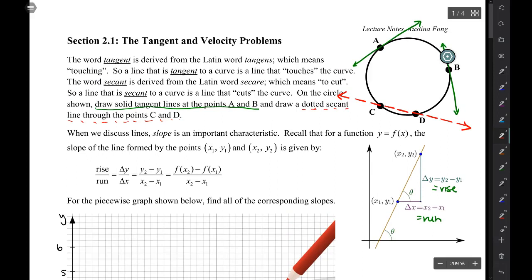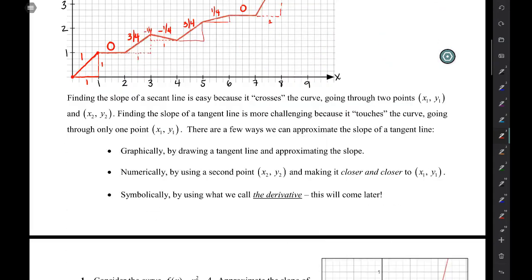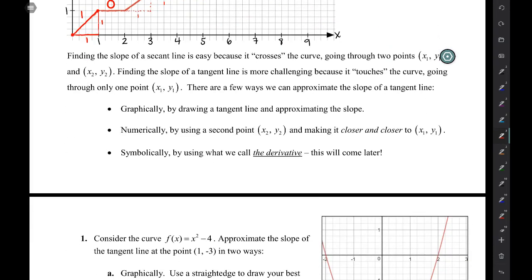Draw a tangent line, which is what we did in this circle part, and then we just learned how to approximate the slope by eyeballing a line. So kind of bringing those two ideas together. Another way is we can do it numerically. That is, we can